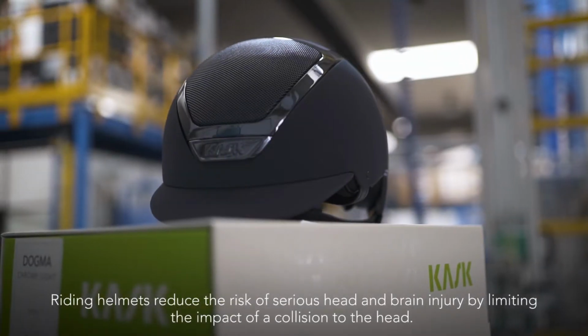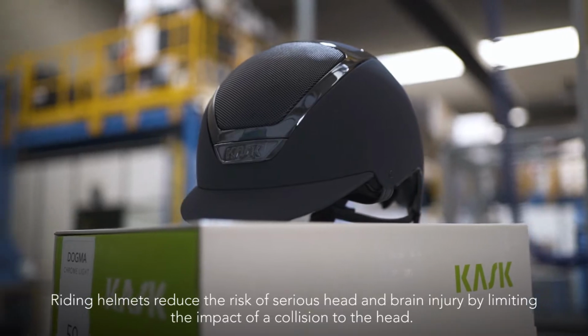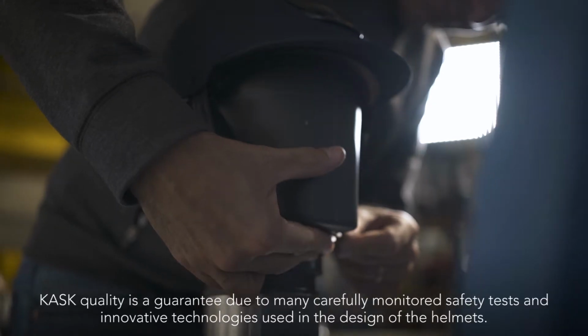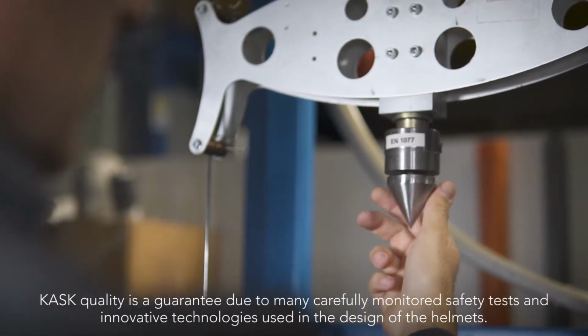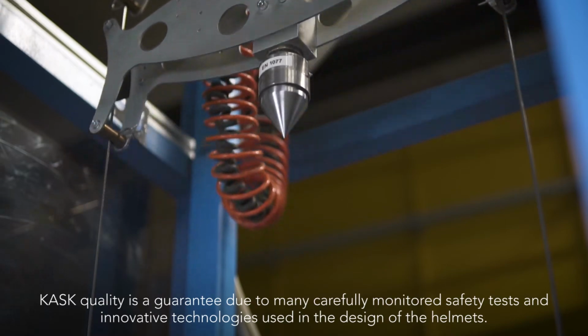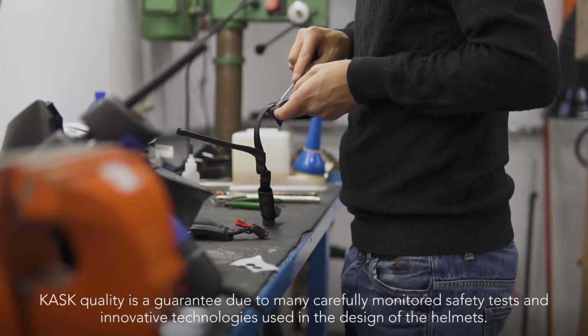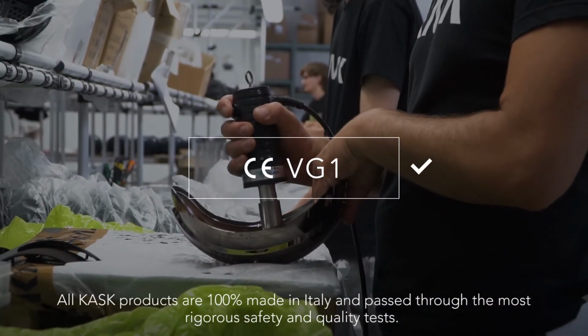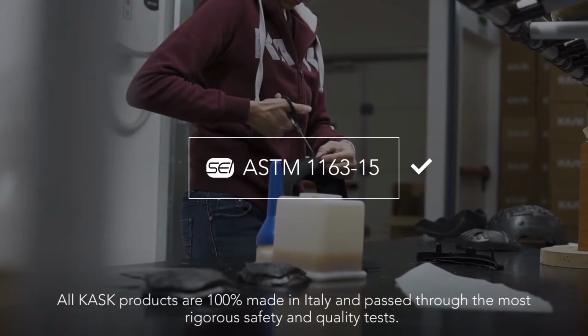Riding helmets reduce the risk of serious head and brain injury by limiting the impact of a collision to the head. KASK quality is a guarantee due to many carefully monitored safety tests and innovative technologies used in the design of the helmets. All KASK products are 100% made in Italy and passed through the most rigorous safety and quality